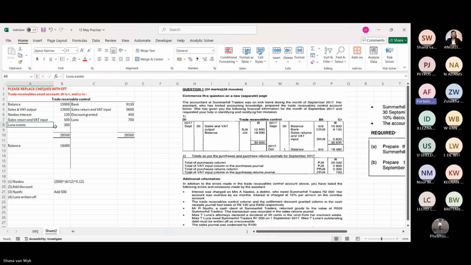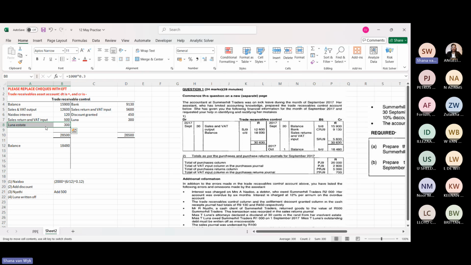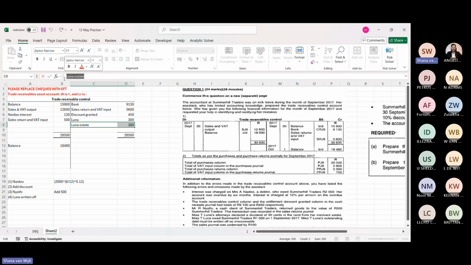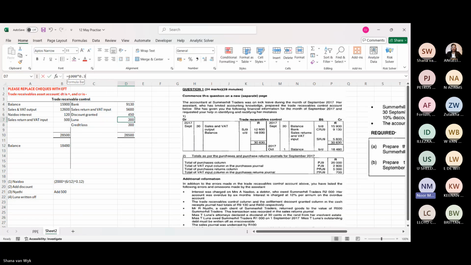I don't think you're going to debit your Luna estate. Sorry, the trade receivable account. Are we going to make this 1,000? That's a credit loss. No, that was right, 700 rand as a credit loss. But you're not going to debit the 300. Okay, so we received the money from her estate, but because it's written off, or am I confused now? No, 700 is correct, because we're losing 700, but at least we got 300 out of the 1,000 that she owed.